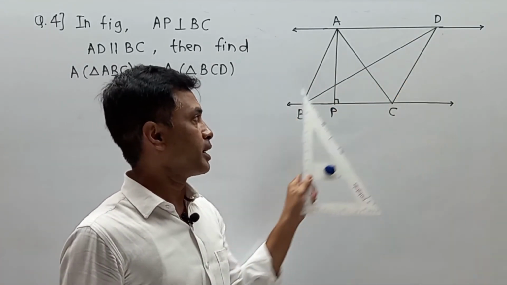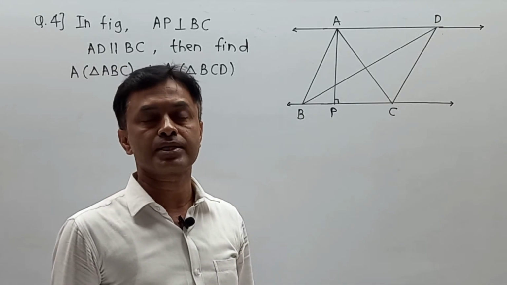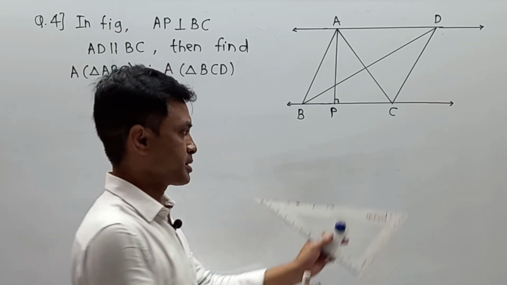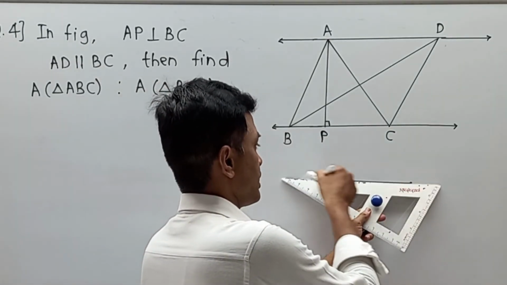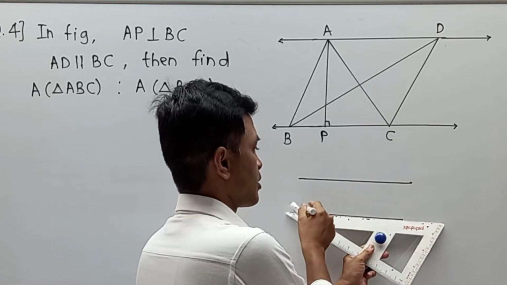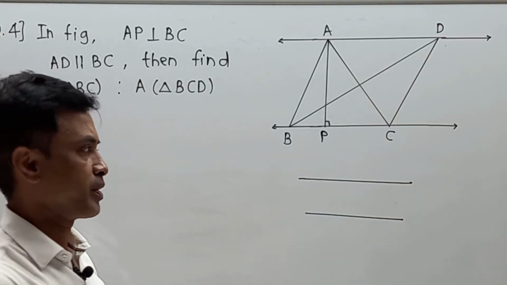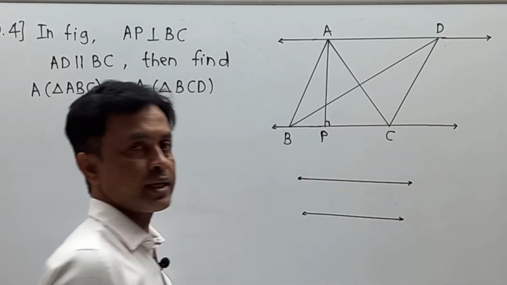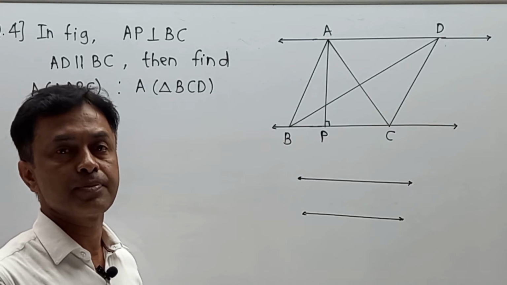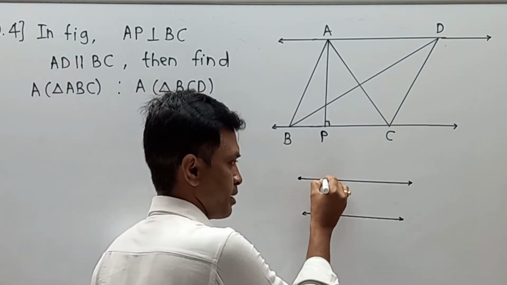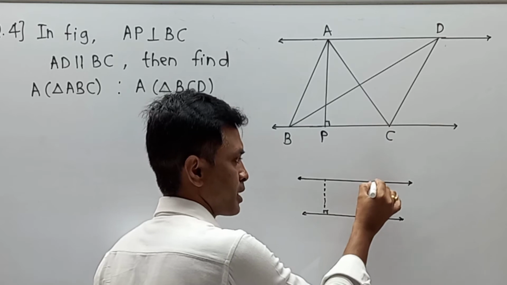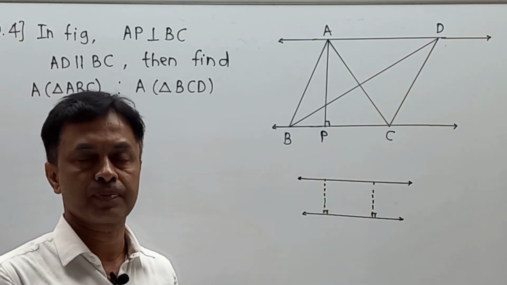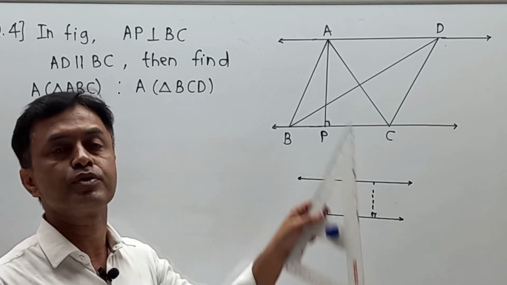They have given AD parallel to BC, and we must be able to understand one part, that is height in terms of two parallel lines. Means if any part is given in terms of logical presentation, as there are two parallel lines, if we have any two lines parallel with each other, then the perpendicular distance between them is always constant. Means if I draw the first perpendicular over here, the second perpendicular over here, then this perpendicular distance is always constant. It is a reference of 9th standard that we are using over here in the numerical.